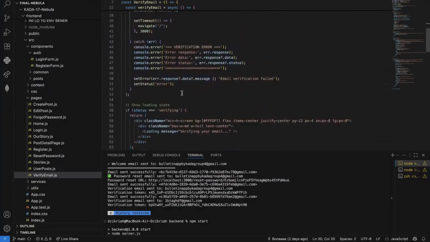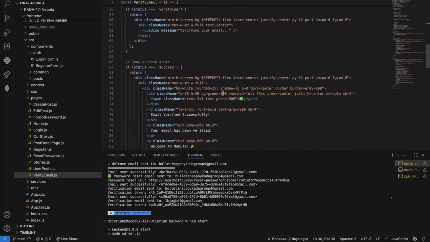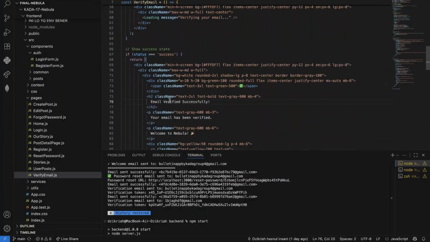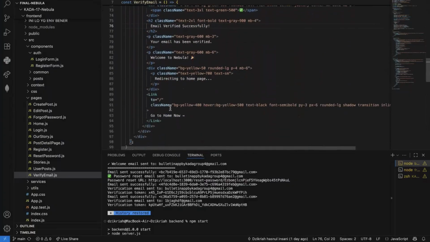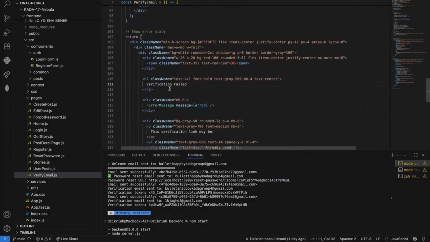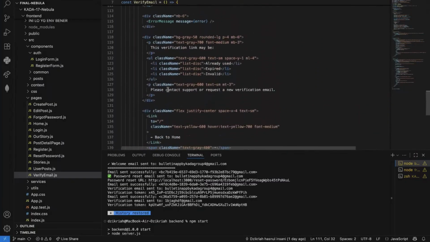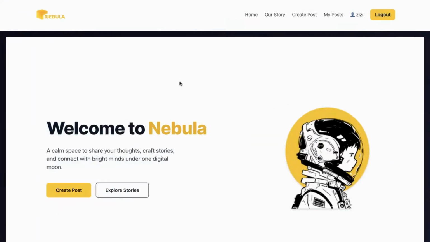If it succeeds, it will give us the success status. And if not, it will show that the verification failed. This is about the verify email page. Let's go back again.